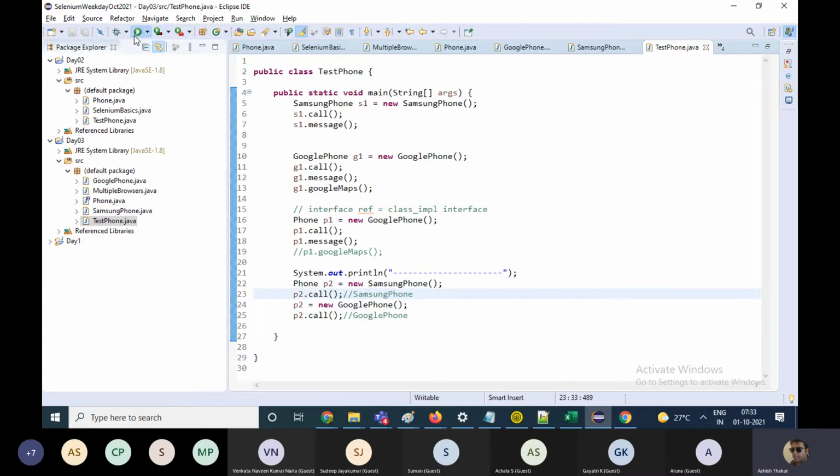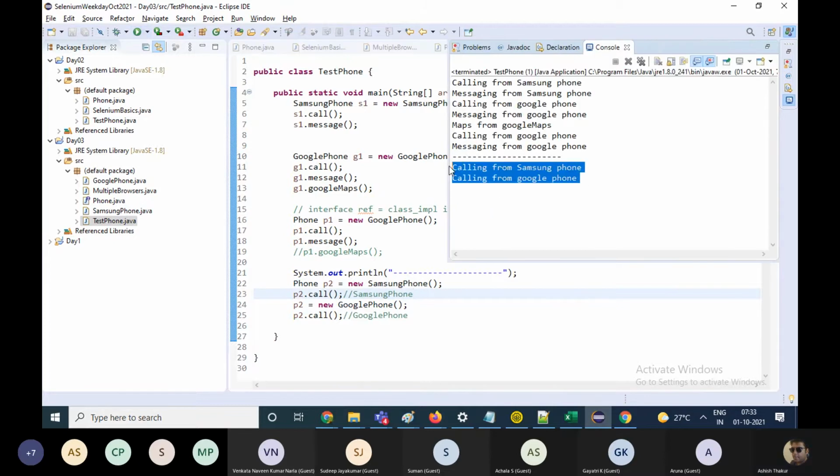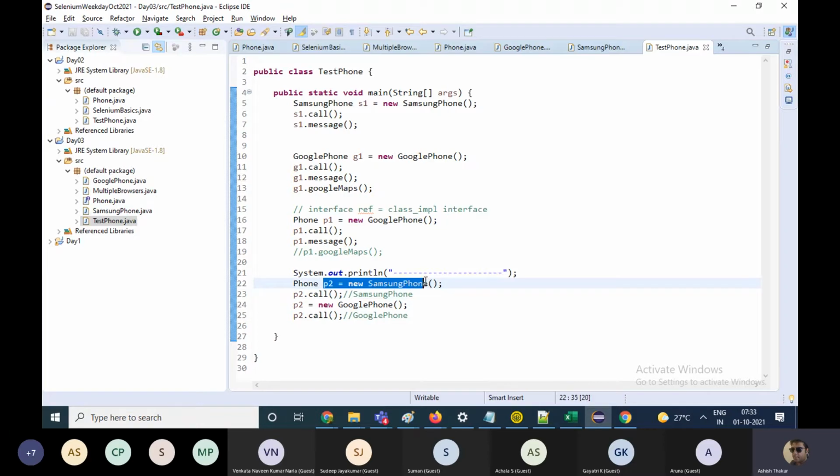If I run this, you see that? So interface reference, I can move from one implementing class to another implementing class object. P2 was first pointing towards Samsung phone, and now I can make P2 point towards Google phone.